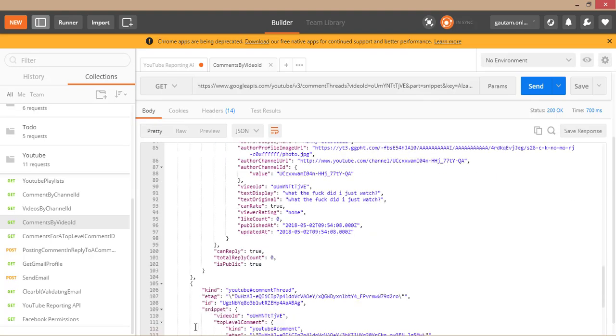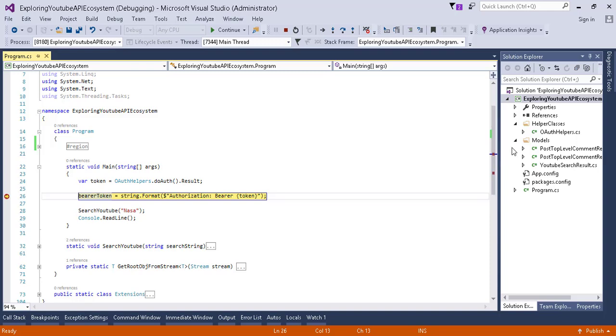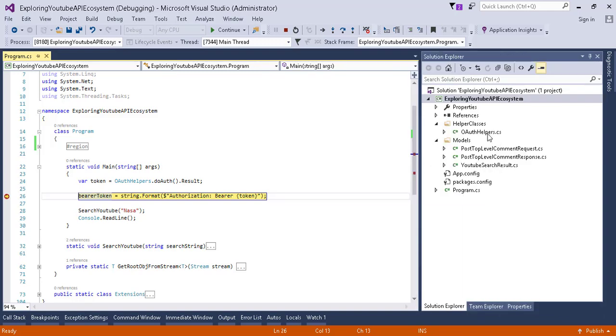So yeah, basically this is the meat of my project, the OAuth helper class and these models, and basically the OAuth PKCE dance flow goes on in this OAuth helper. To get a full knowledge of this OAuth helper and a deep understanding of PKCE,